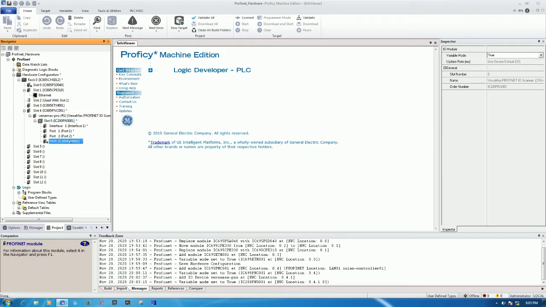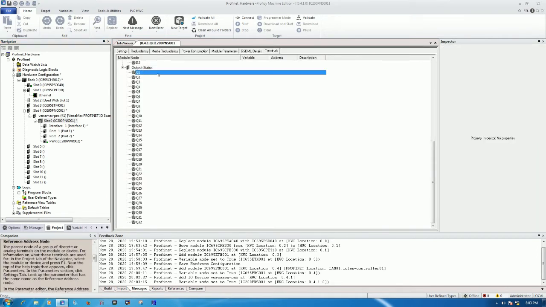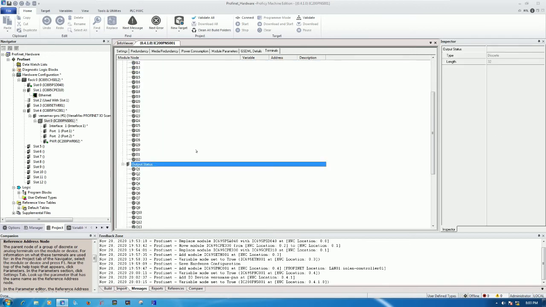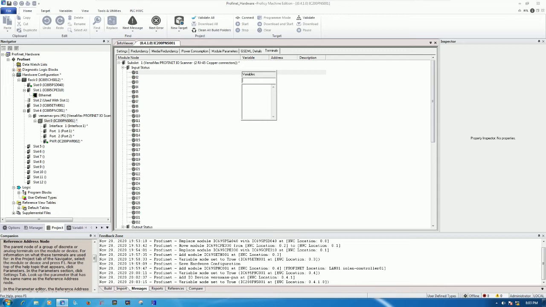Yes, so double click to map the address. Yes, in this step it has the input and output, so we need to map variables one by one. So for example node 01 slot 04 PNS,